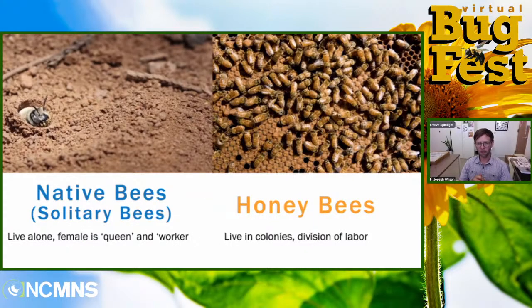Honeybees also are different because of their biology. Honeybees, as we know, live in large colonies. There's workers and there's queens. So there's this division of labor. Some of the workers are cleaners, some of them are foragers, some of them are nurses. So honeybees have this kind of complex society. Most native bees, in contrast, are solitary. So a solitary bee means a single female lives alone in her nest. She is the queen and worker all at the same time. They don't live in a big colony and they don't work together like honeybees do. So most wild bees here in North America are solitary bees.